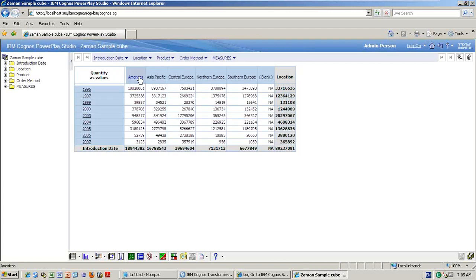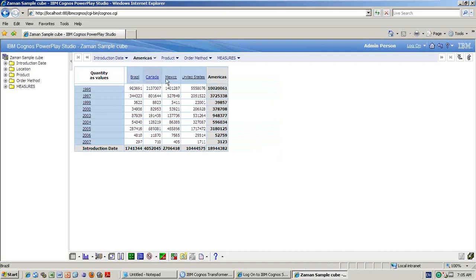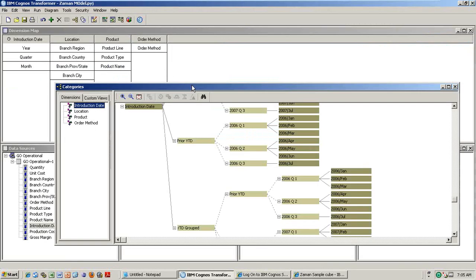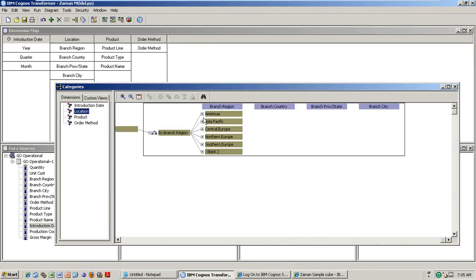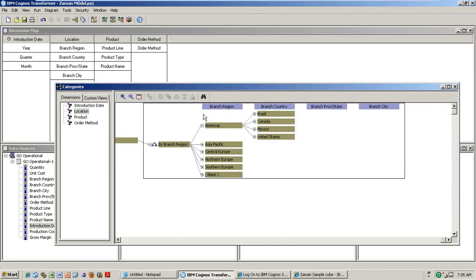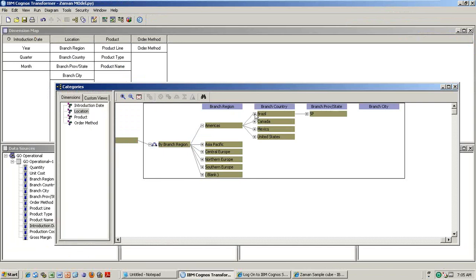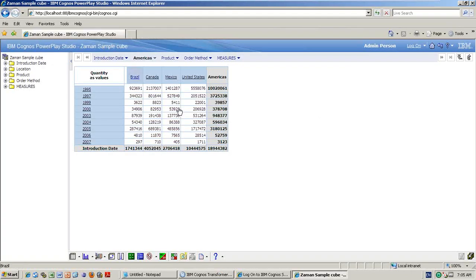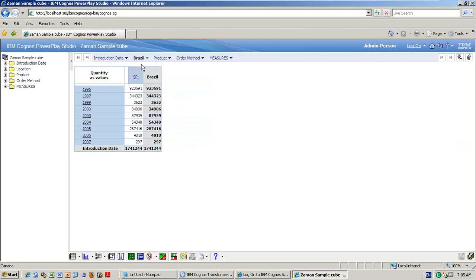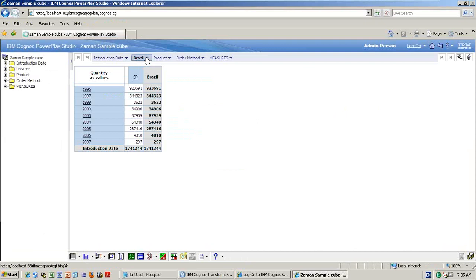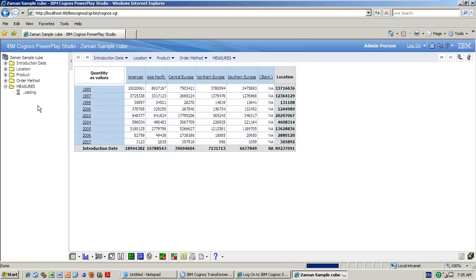And also the same thing. If I'm clicking America, what will happen? Brazil, Canada, Mexico. How is it coming? If you are observing this in the diagram, location. If I'm clicking America, what has to come? Brazil, Canada, Mexico, United States. See, Brazil, Canada, Mexico, United States. And if I'm clicking Brazil, SP. So double click it, so it will drill down. SP. Okay, like this, everything, whatever the data is available, it will create the structure, and then you are able to see it.